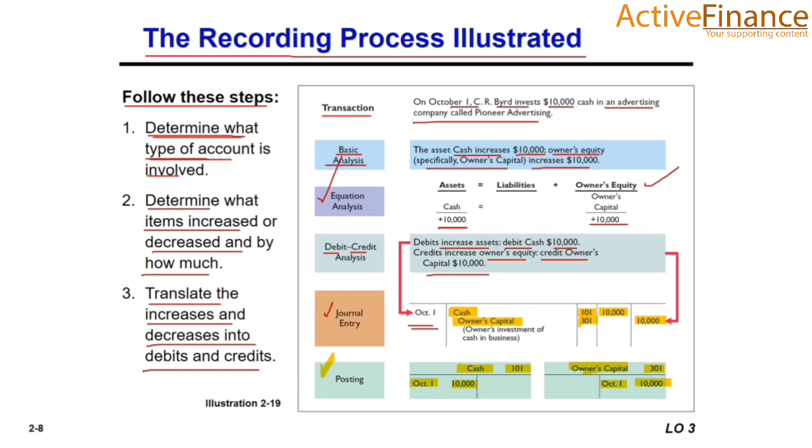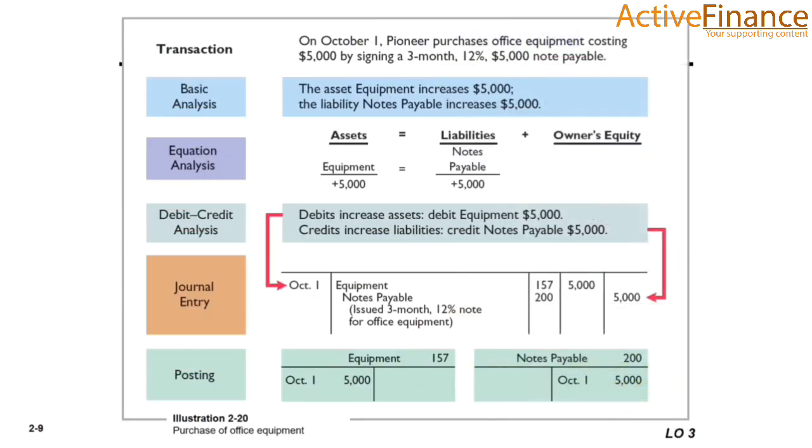In the first transaction of this illustration, we did the transaction analysis. We performed the accounting equation, and then we analyzed whether it will be debited or credited, and we entered the transaction in the general journal, and at the end we will post in the general ledger. So I hope you have understood at this point. Let's solve the second transaction similarly.